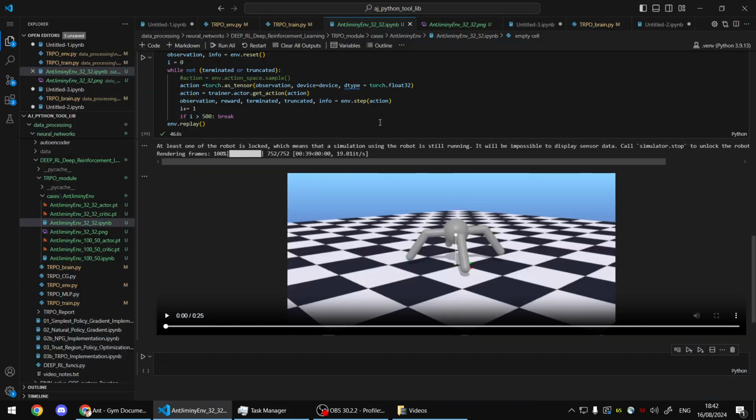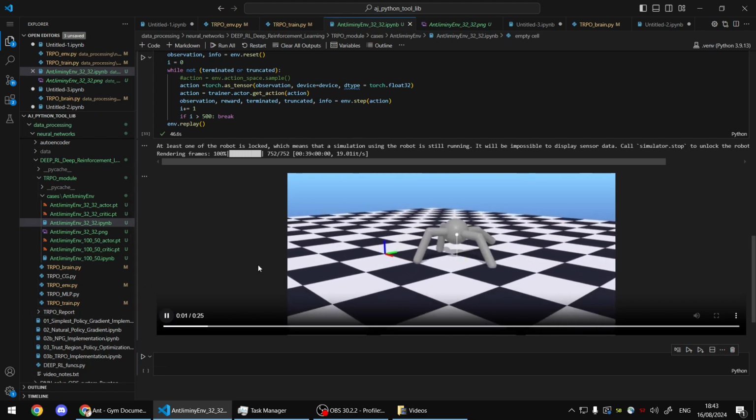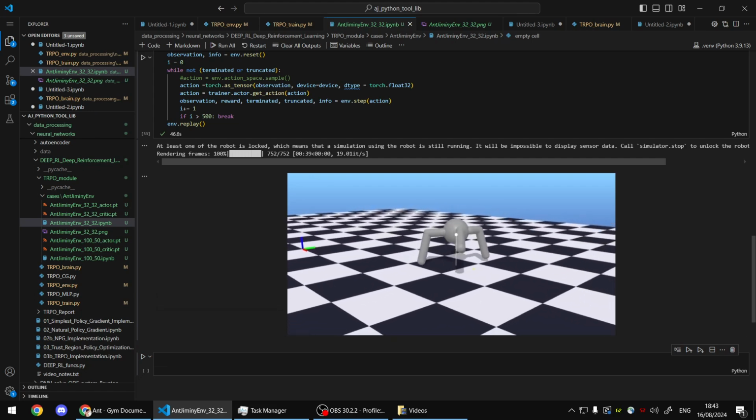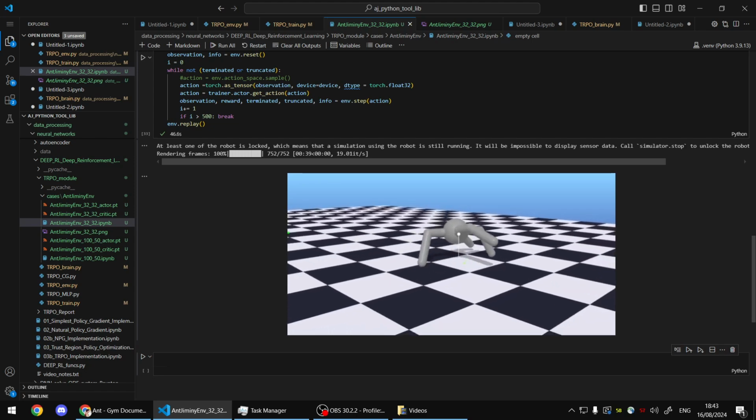Hello. I wanted to make a bonus video following my TRPO implementation video. Here I wanted to test whether my implementation can teach something else to act. In this case, I want to try the quadruped, and you can see that after many iterations it has learned to walk a bit clumsily, but